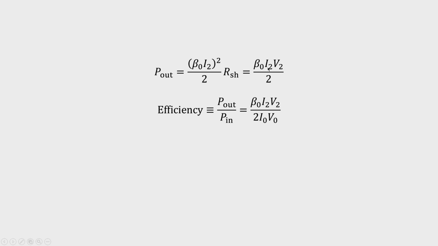P out is beta naught I2 V2 by 2 and input power is I naught into V naught,